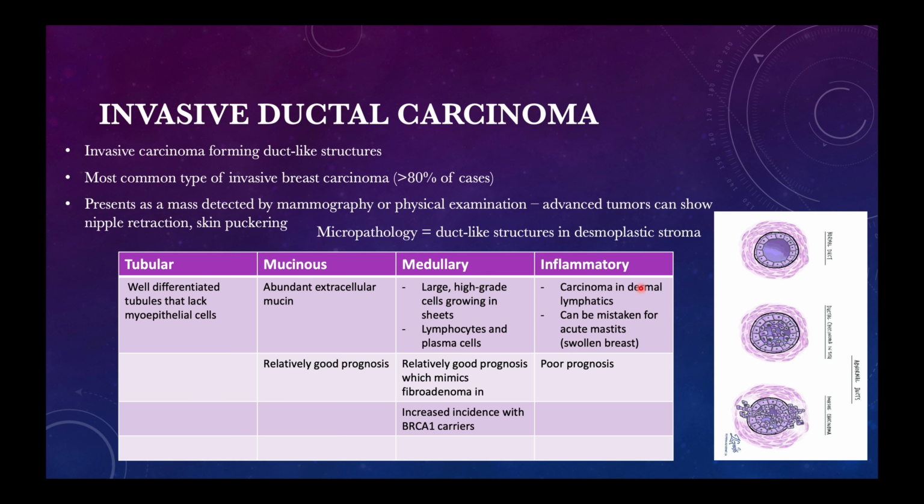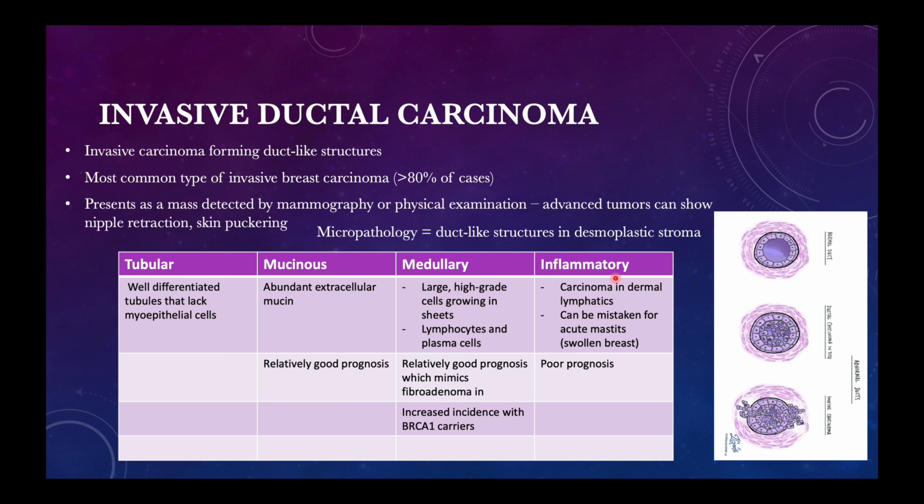And here we have the dreaded inflammatory type. And this one is a manic. It's bad. It's basically a carcinoma, like the invasive ductal carcinoma, but this one invades into your lymphatics. And when it invades into your lymphatics, what's it going to do? It's going to block the lymphatic drainage, right? When it blocks lymphatic drainage, your breast is going to be so full of lymphatic fluid and tissue. So it's going to be swollen, it will be red, it will be erythematous, and it can look like